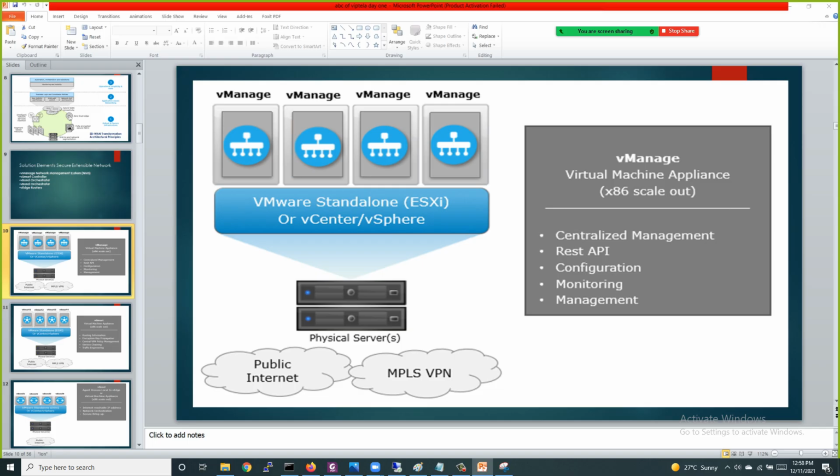So let me make it simple for you. You will get the image of vManage from Cisco. You can install it on the ESXi server, or you can install it on the cloud. And what is the use of vManage? It is used for centralized management. Clear? Next,